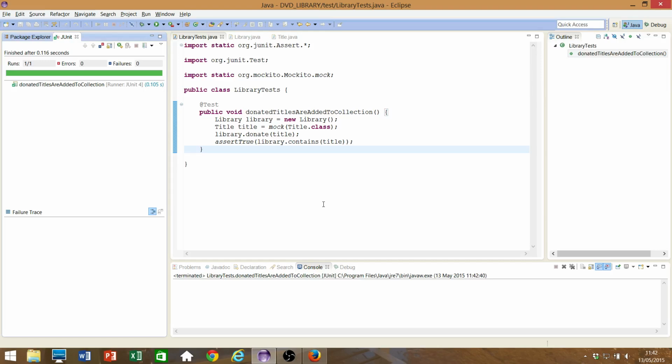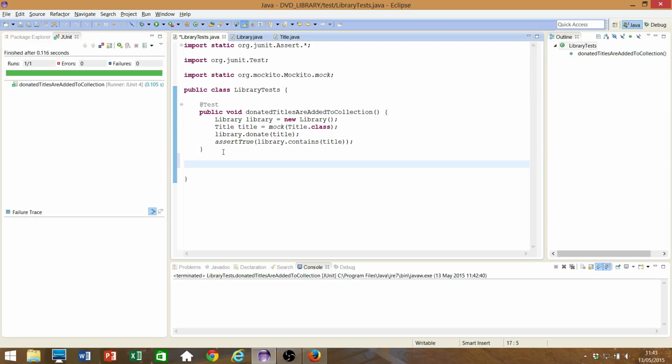Some people get the hang of doing this, but then when it comes to other kinds of tests, they go a bit strange. They suddenly forget about writing the assertion first because it's not obvious what the assertion is. So let's say, for example, we have an exceptional case. So let's say we have a test for